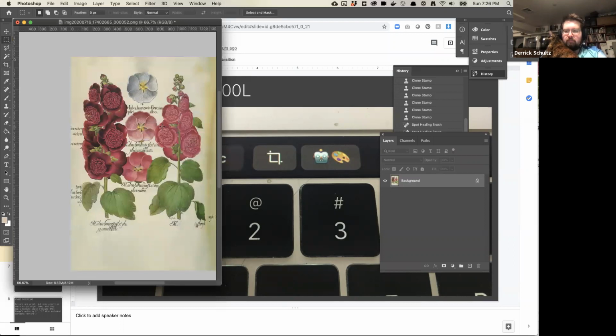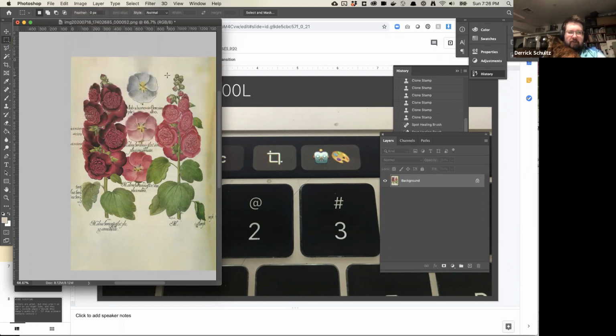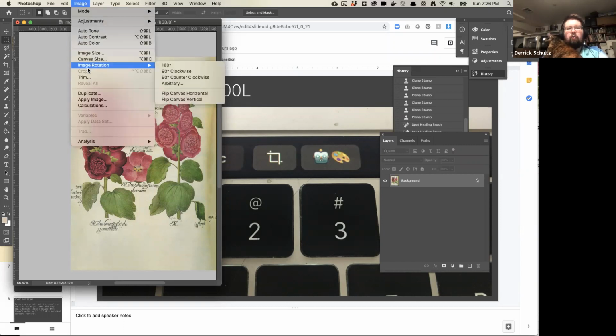Do you have an alternative for touch bar? Because I don't have that on my laptop. There might be. What I would probably do is take your most popular commands and reset all of your other ones. So if Command C, I don't even know, what does Command C do? Oh, I guess Command C is copy. So you might not want to override that one, but you might decide Command 1 or something is what you want your crop tool to be. You could just reassign your keyboard actions.